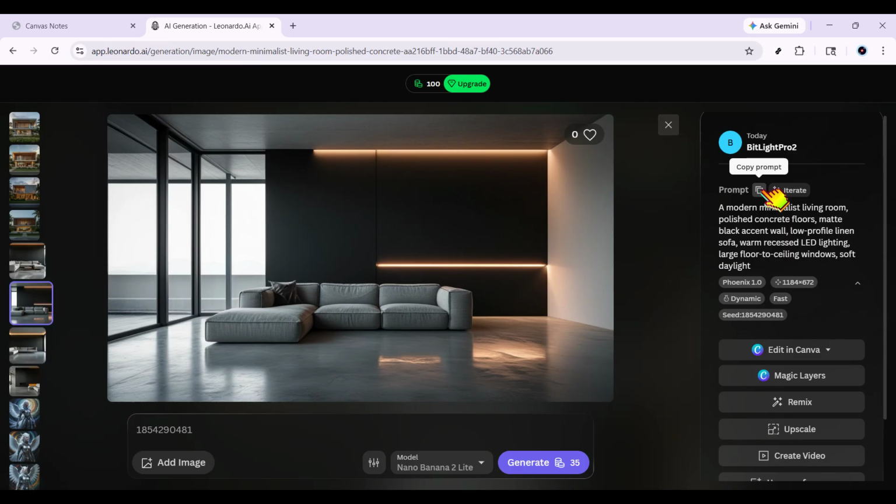That's all there is to it. Open the image generation window, open your image, click the three-dot menu in the corner, and choose Copy Seed. If needed, you can also copy the prompt from the same place. It's a simple process, but it can save you a lot of time when you're trying to refine your